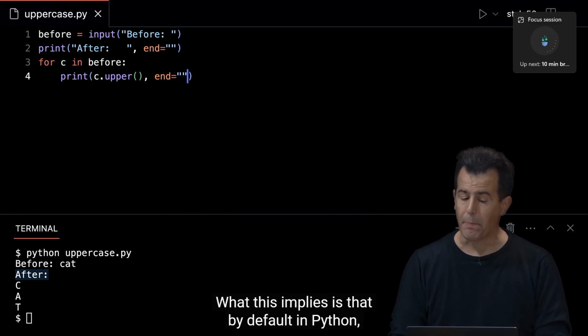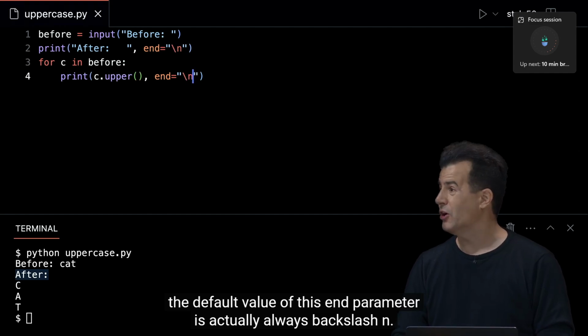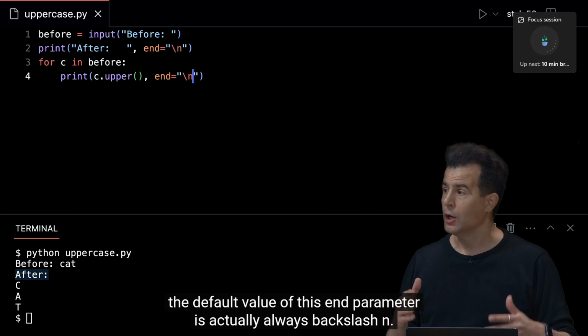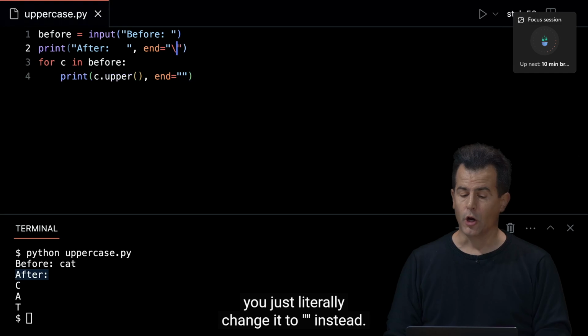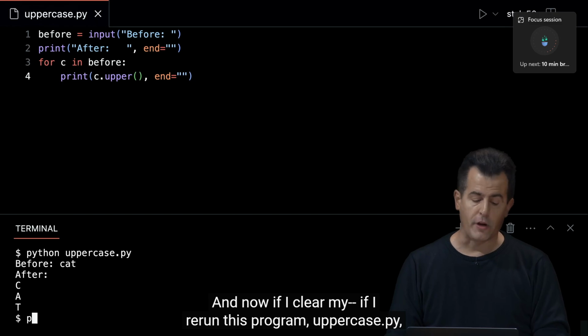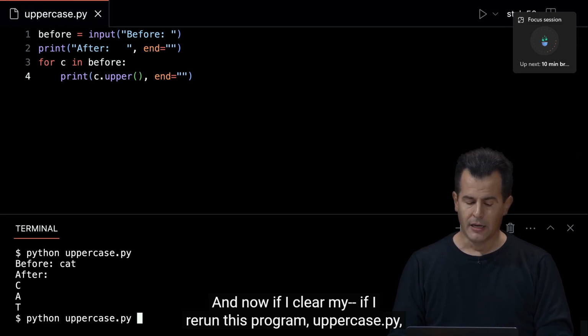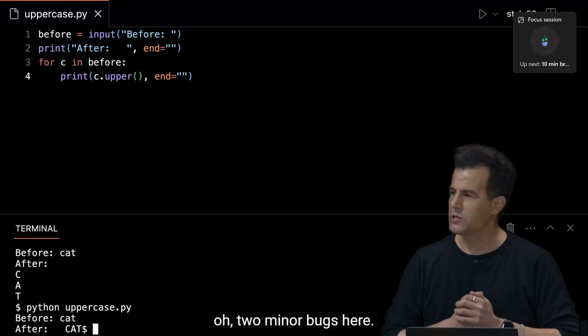What this implies is that by default in Python, the default value of this end parameter is actually always \n. So if you want to override it and take that away, you just literally change it to quote unquote instead. And now, if I rerun this program, uppercase.py, type in cat in all lowercase, now you'll see two minor bugs